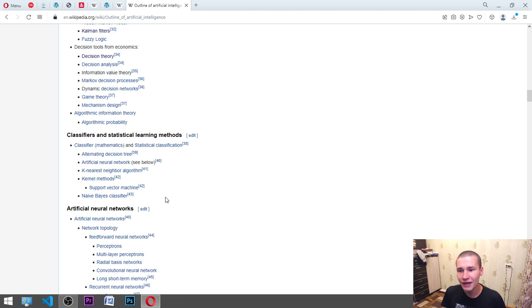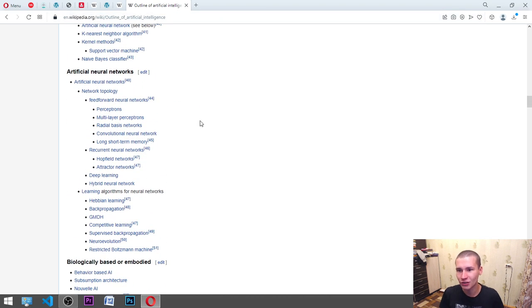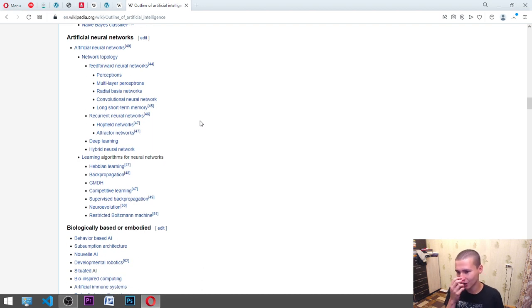network, see below, k-nearest neighbor algorithm, kernel methods, support vector machine, naive Bayes classifier, artificial neural networks, network topology, feed-forward neural network, perceptrons, multi-layer perceptrons, radial basis network, convolutional neural network, long short-term memory, recurrent neural networks, Hopfield network, attractor network, deep learning, hybrid neural network, learning algorithms for neural networks, Hebbian learning, backpropagation, GMDH, competitive learning, supervised backpropagation, neuroevolution, the restricted Boltzmann machine,